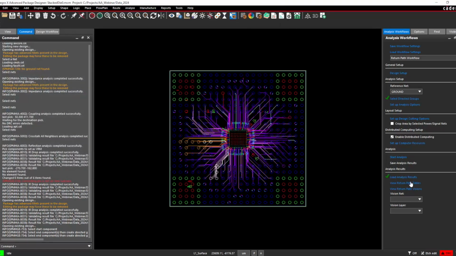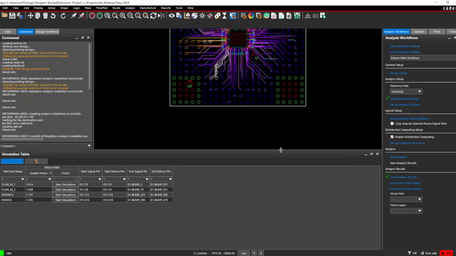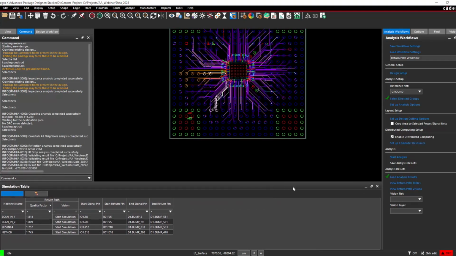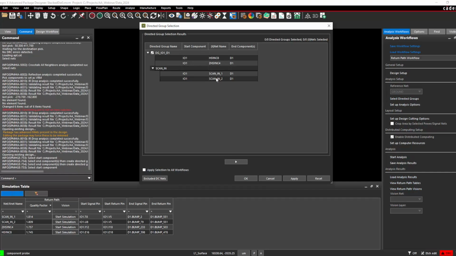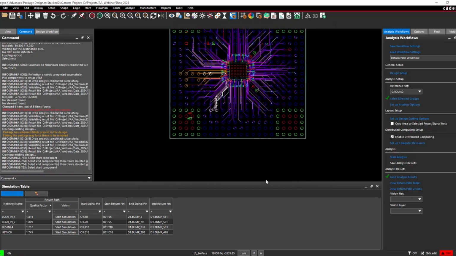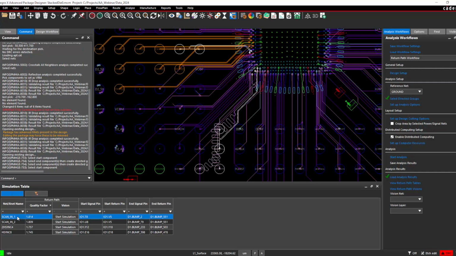And they're pretty straightforward. I've got 4 nets identified in the directed group, and as you can see them right here. They're all similarly routed, similar length, but the first 2 listed here, scan in 1 and 2, have a higher value for the quality factor. We're really aiming for a value of 1 here, which would be the case where the loop inductance of this